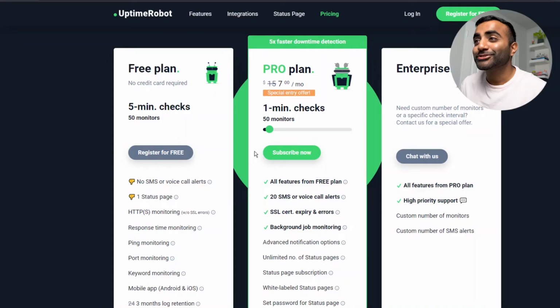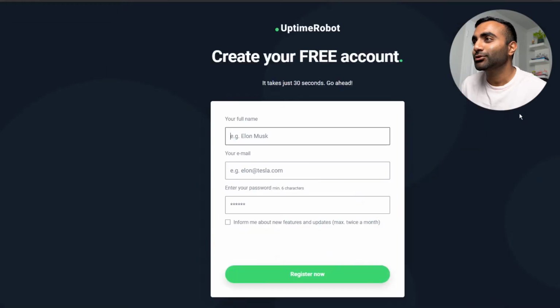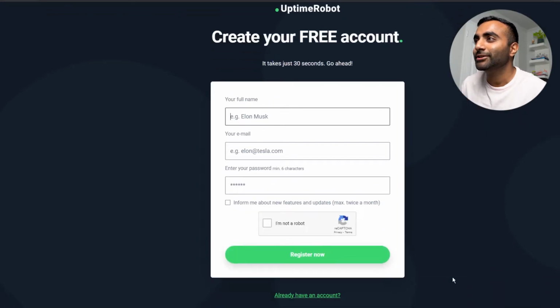Okay, now let's go ahead and register and begin setting up your Uptime monitor. To do so, we can go ahead and click this gray button under the free plan, register for free, emphasis on the free. Click that, and it will take you to the registration page, as you can see here. You can go ahead and fill in your full name, email, as well as your password,